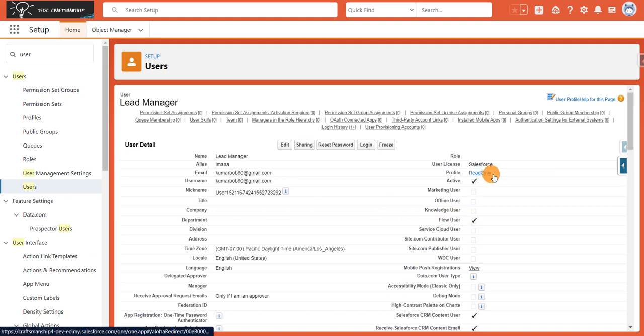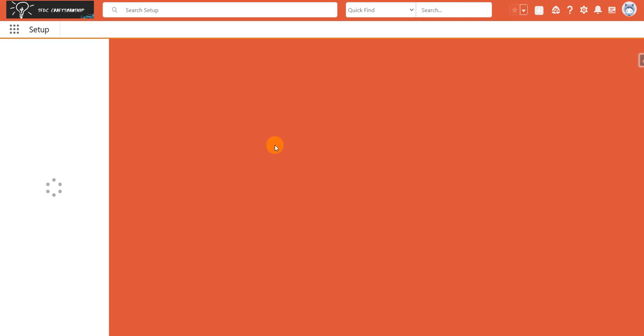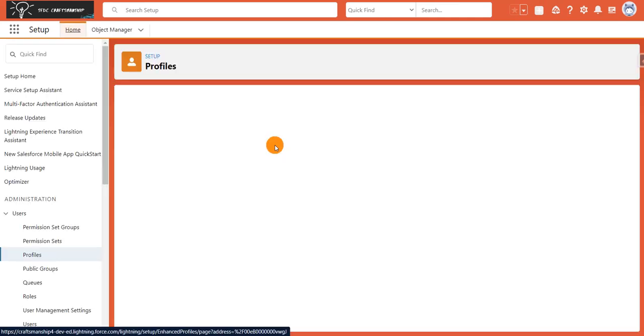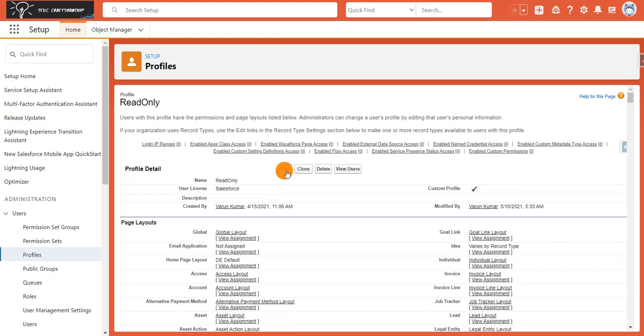Make sure this profile has the run flow permission to run the flow from this user. I'll show you. I have given the permission to run the flow for this particular profile. Just click on edit here and search for run flow.